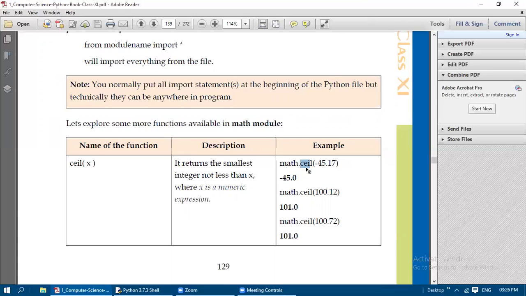So math dot ceil of minus 45 plus 17 returns the smallest integer not less than x. Then math dot ceil of 100.12 returns 101.